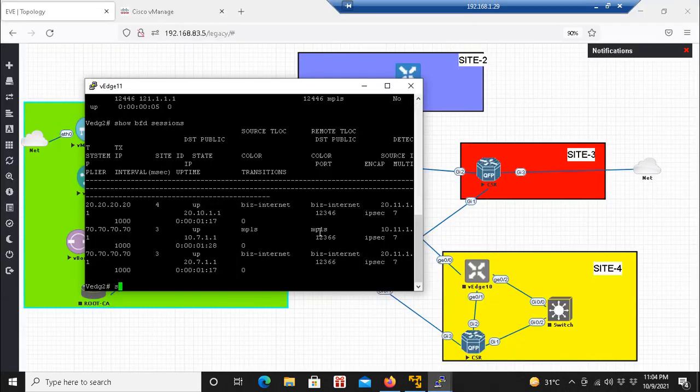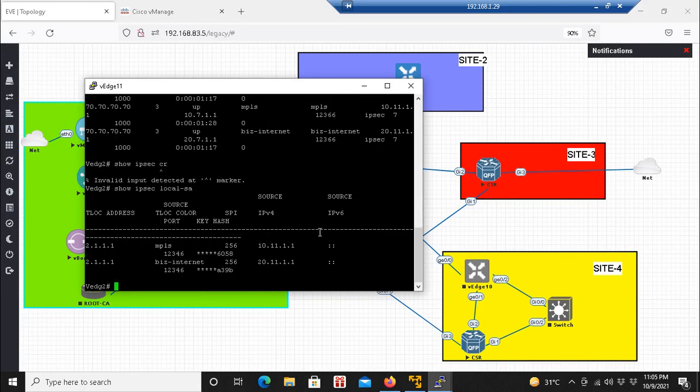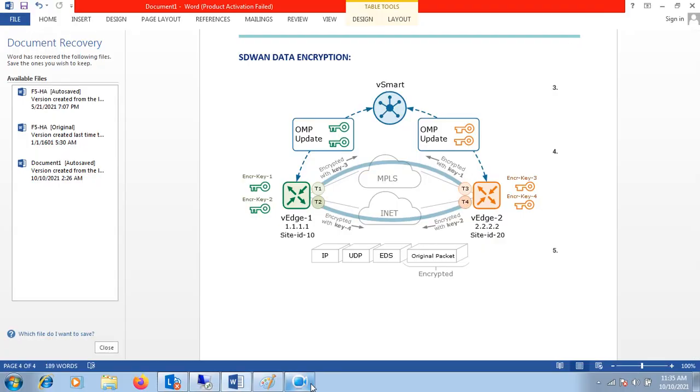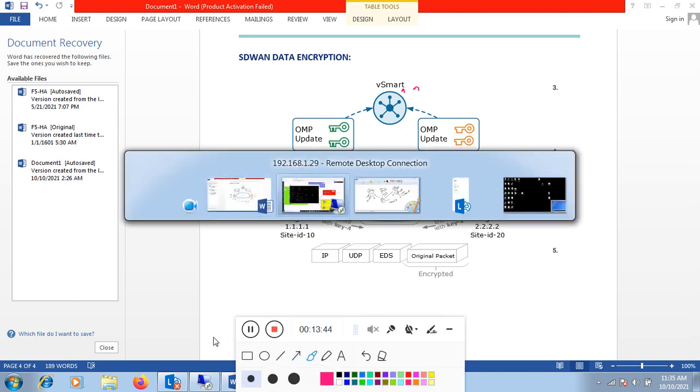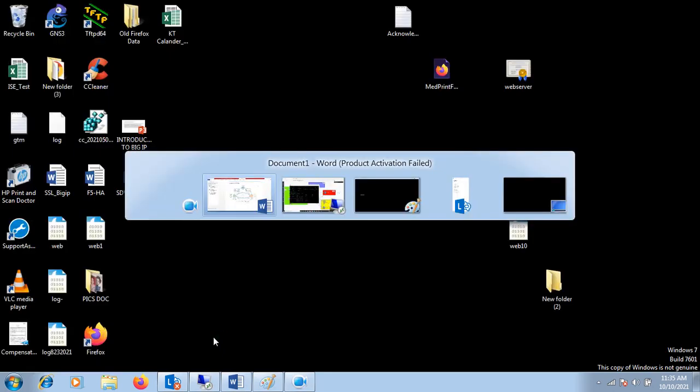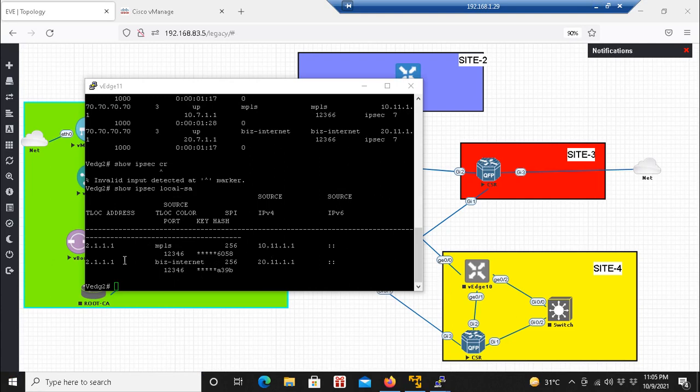So if we look, see, this vEdge has two keys. So this vEdge has two keys.